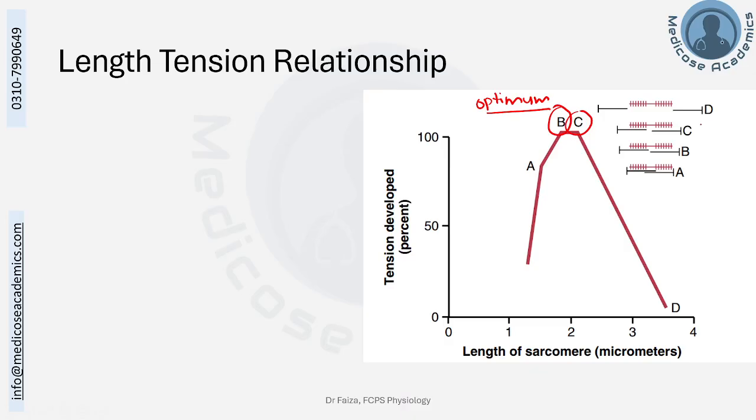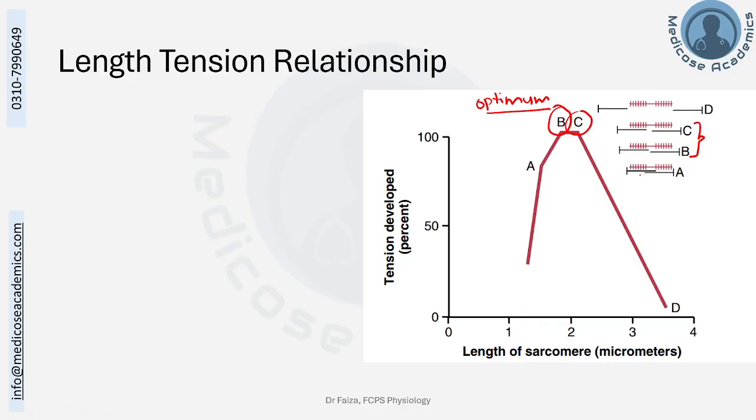Now, why is the tension developed at point C and point B maximum? This is because at this point, the actin and myosin interaction is most adequate, leading to the maximum cross-bridge interaction between the two types of the filament. The more the interaction, the more there will be cross-bridge cycling and the better tension there would be developed. If we now decrease the muscle fiber length more from point B to point A, the tension developed decreases, and below this point A, it starts decreasing even more till the tension would be decreased to the negligible.